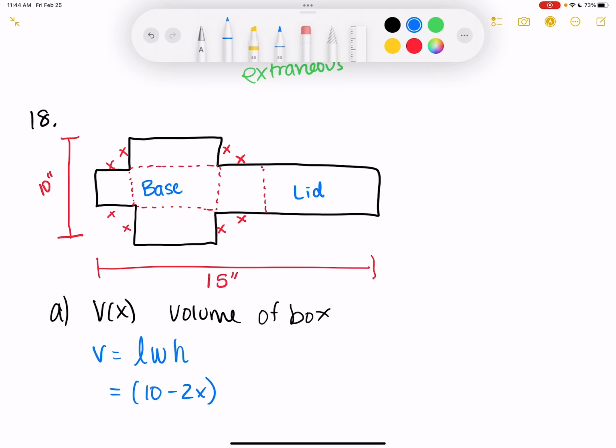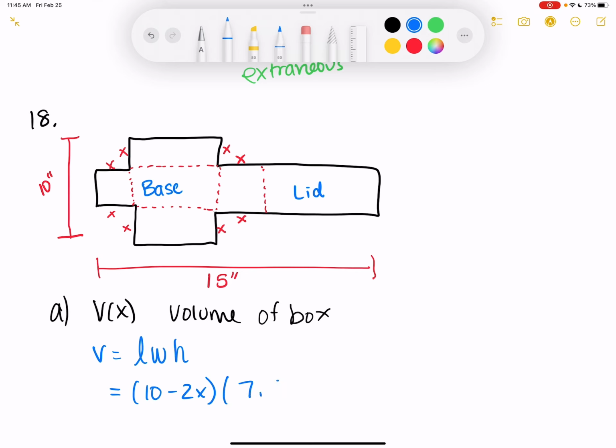X is simply the height. But it's different because it's not actually 15 because it's part of the top. So the base would be half of the top, right? So it would be